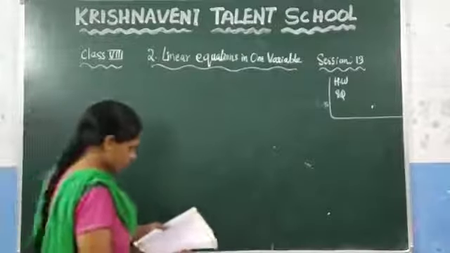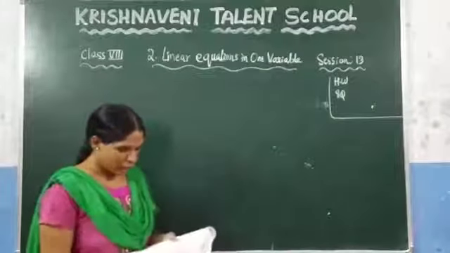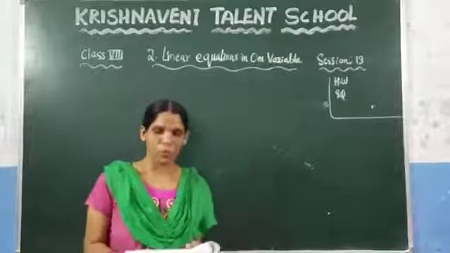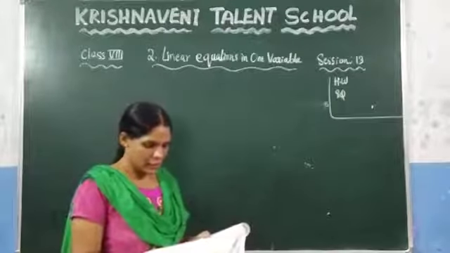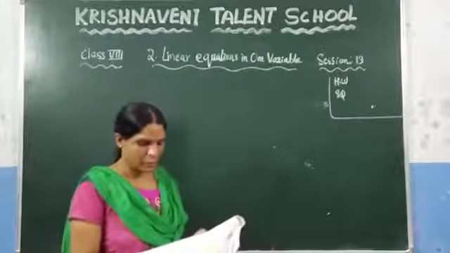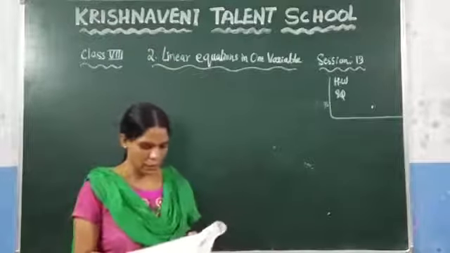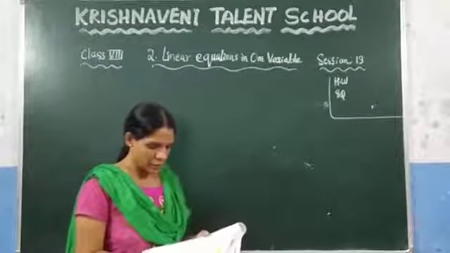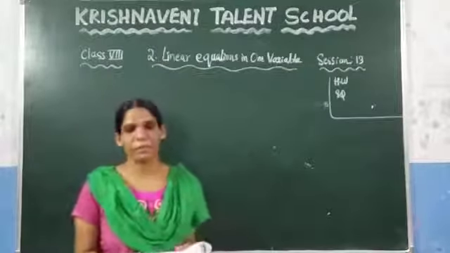What is the 10th question given here? Listen here. If a train runs at 40 kilometers per hour, it reaches its destination late by 11 minutes. But if it runs at 50 kilometers per hour, it is late by 5 minutes only. Find the distance to be covered by the train.